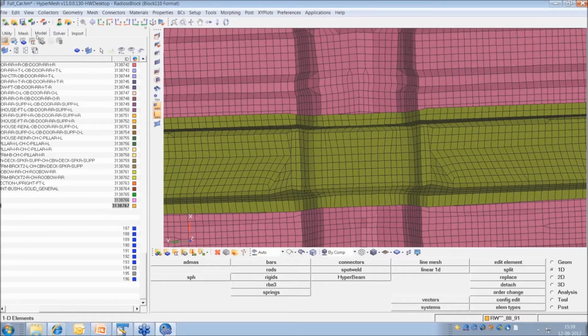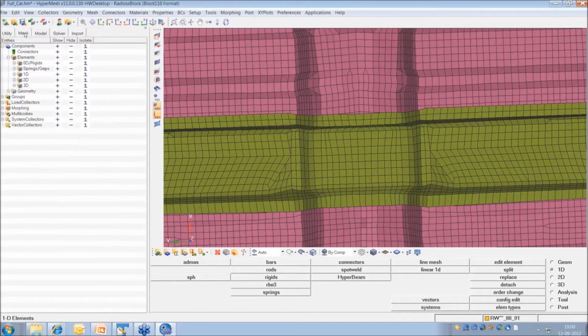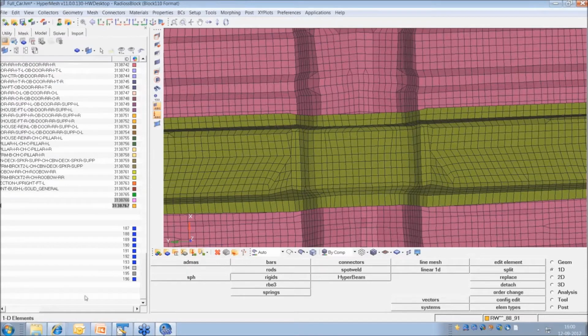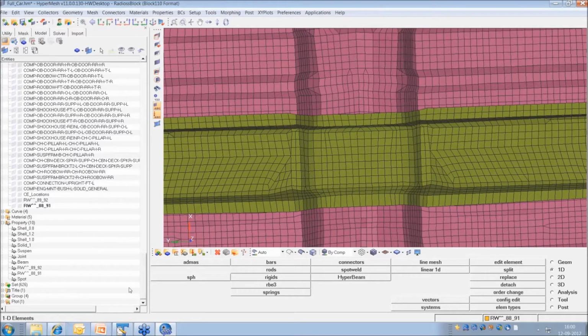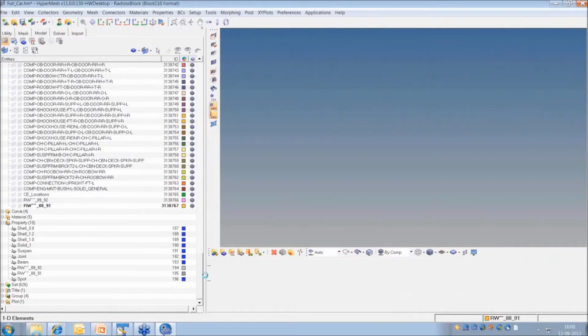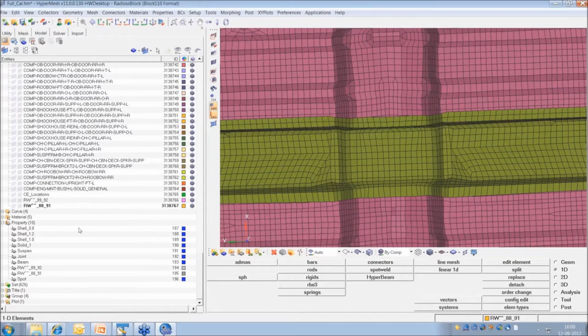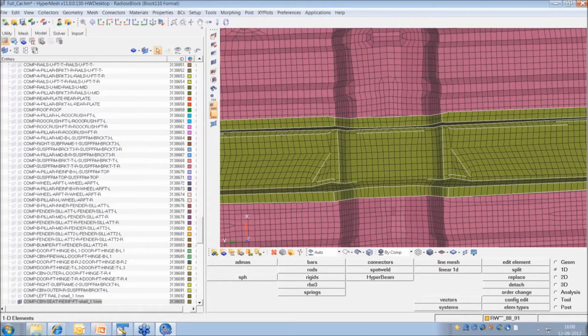Now I'll go to model, columns, show FE styles. I just want to pick this and make it a wireframe.